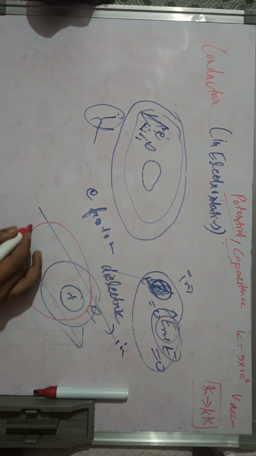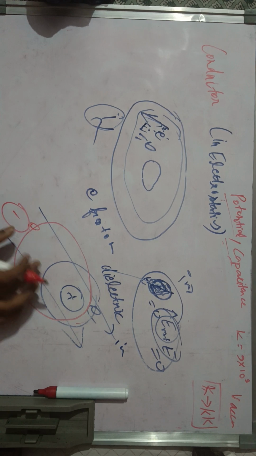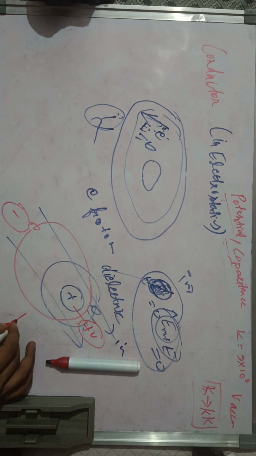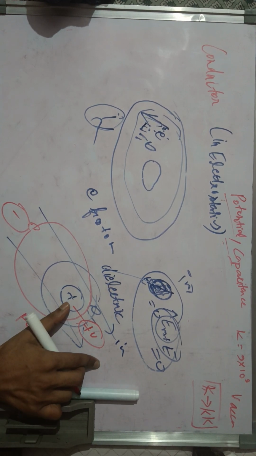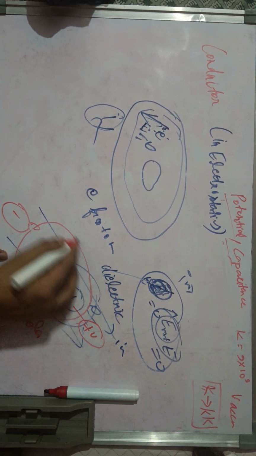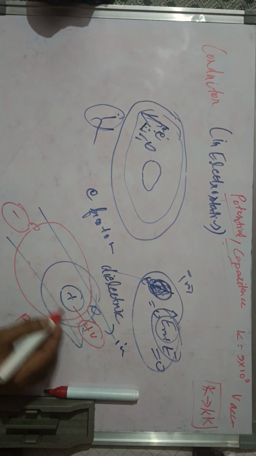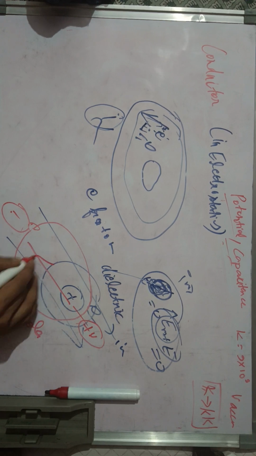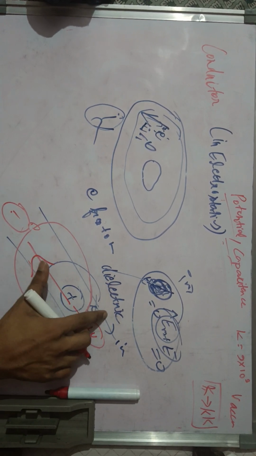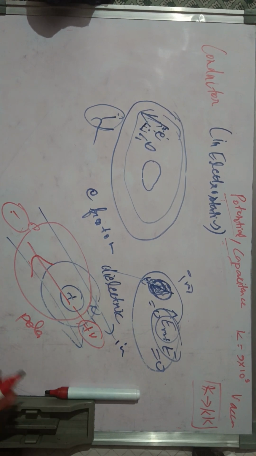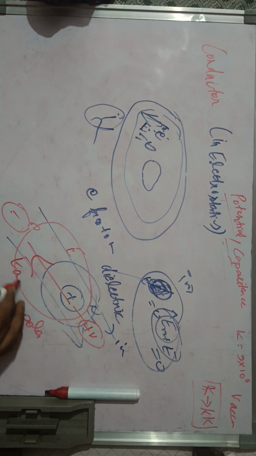It will shift here like this, and this will become negative. This negative region will be here, and this side will become positive. This will become polar. This side will become positive, and this side will become negative, because the electron is more present in this region, because the electric field is pulling it, and this positive charge and negative charge will create a field in this direction, which will cancel out the initial field provided. So the original field provided, which was E, and this was the electric field due to this atom, these two cancel out each other in case of an insulator,